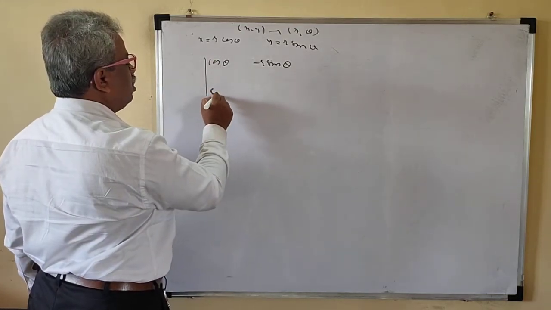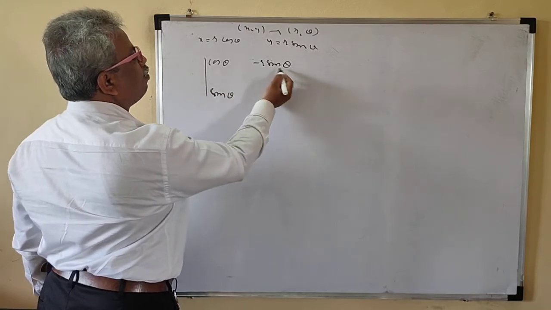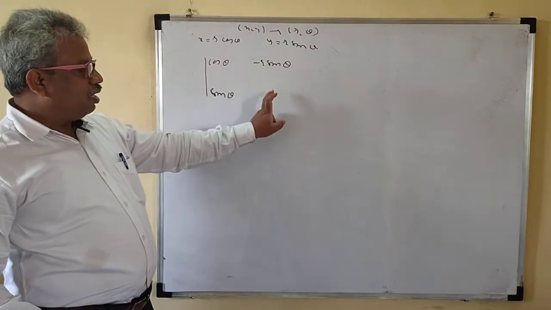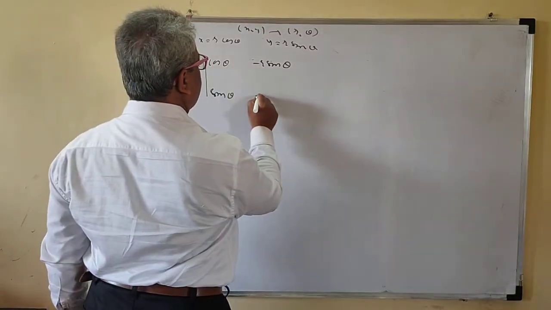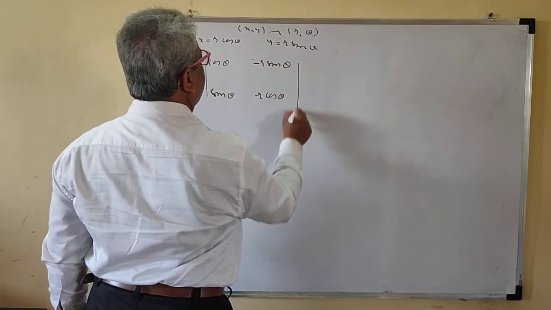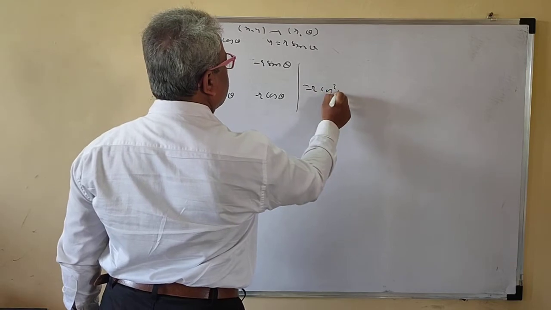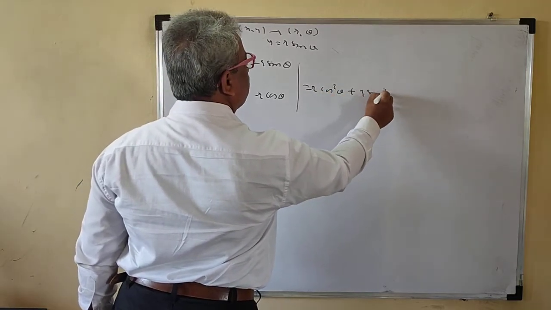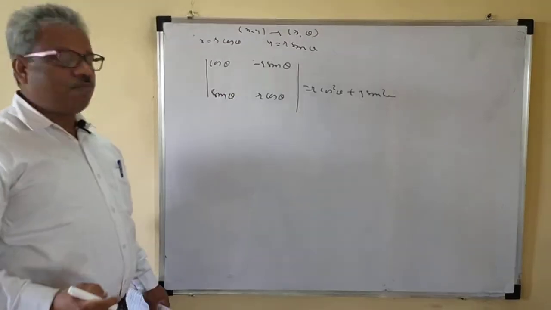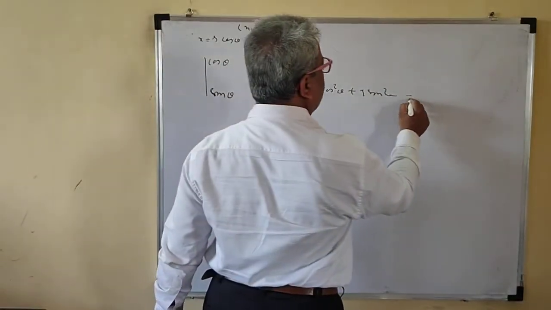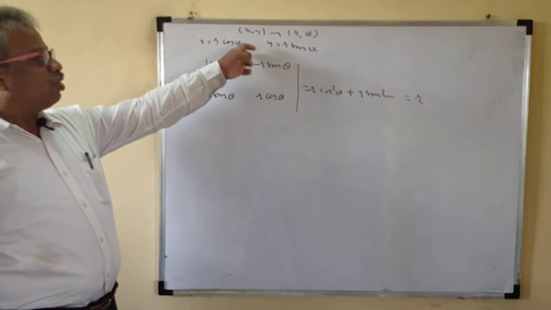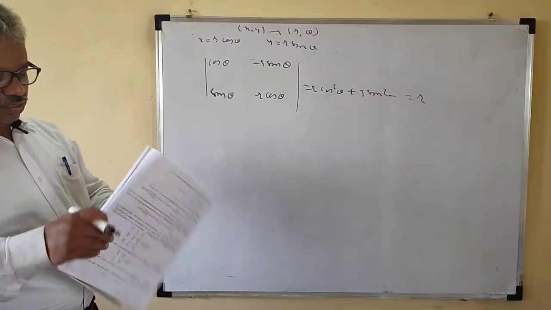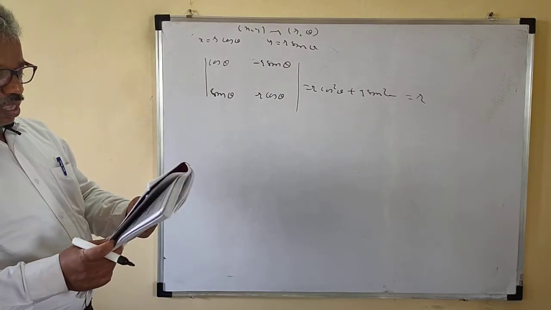So this is sin theta. Then here we differentiated x with respect to theta, so here also we differentiate y with respect to theta only. So this is r cos theta. Then this is r cos square theta plus r sin square theta. If you take r common, sin square theta plus cos square theta is 1. So this is r. That means the Jacobian of the polar form is nothing but r.